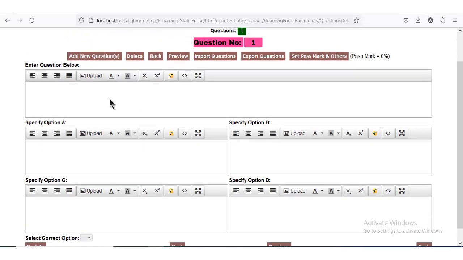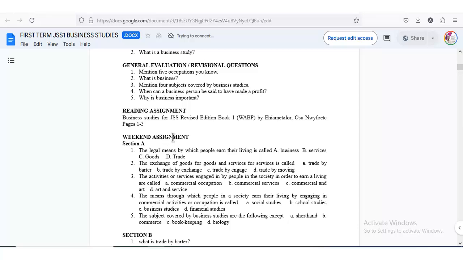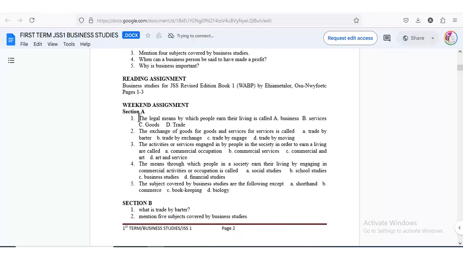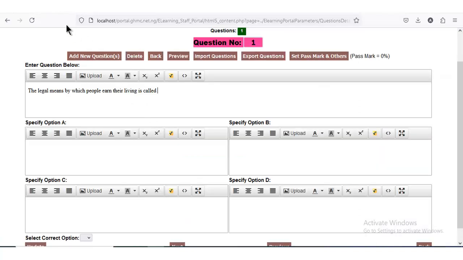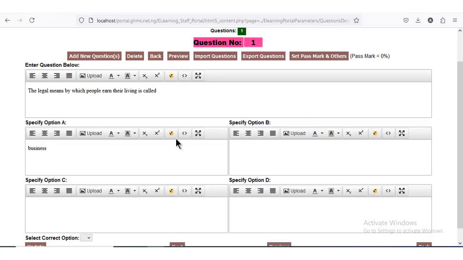So now let's go back to the lesson content. You can now see that we have some multiple choice questions here. You can set the multiple choice question here. The legal means for which people earn their living is called dash. We copy it, we paste it, then we copy the options, we paste it for A option, for B option,